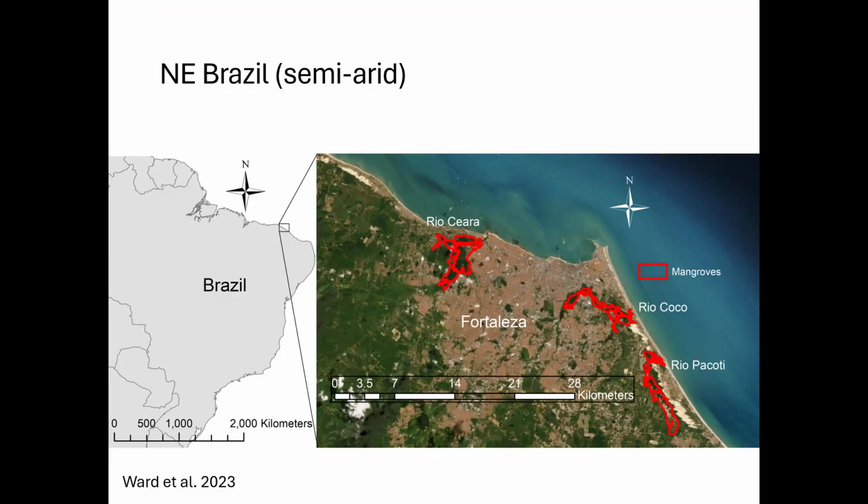So there's the Rio Ceará, which is in the west of the city of Fortaleza. Rio Coco, which runs right through the center of Fortaleza, and the bulk of the drainage in the lower part of that estuary is from the city directly into the river. Okay, so a lot of urban input to that mangrove. And then you've got Rio Pacoti, which is the one in the east side of the city, that you can see is bounded by dunes on both sides, and the dune movement is from east to west.